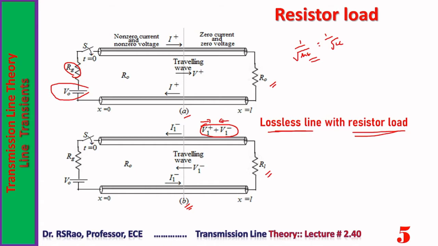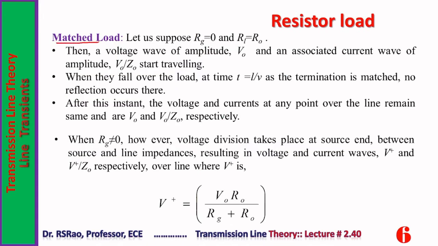Some more detailed description regarding the analysis of the line when terminated with a matched load and when terminated with a mismatched load, both cases, is discussed right now in the next slides. Now, matched load. Let us suppose Rg is 0 and RL equal to R0. Rg is the internal resistance or impedance of the source. First we consider Rg equal to 0. Then the voltage wave of amplitude V0